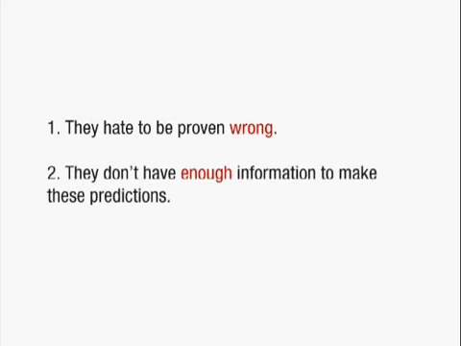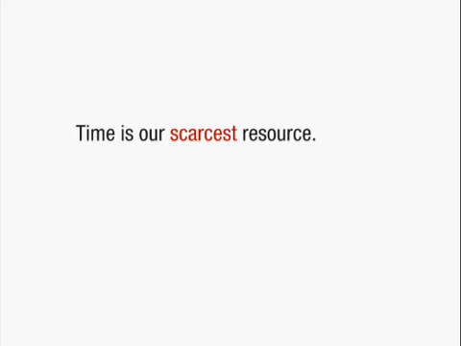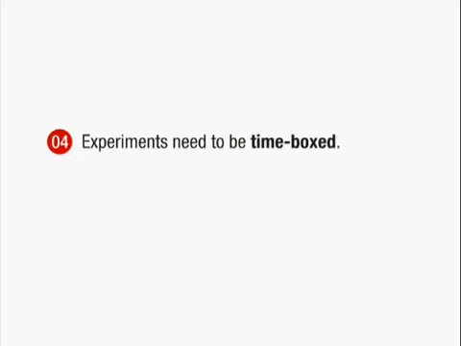In a startup, all resources are important, but time is the scarcest resource we have. All the other resources, money, people, can fluctuate up and down, but time is the one that we never get back. So we do want to emphasize time as being that most valuable resource. For that reason, it brings us to principle number 4, which is we want to clearly time box our experiments. We want to make sure that we have falsifiable hypotheses, but we also put a time limit on them. So in my blog post example, if I put a 2-week limit on my blog post,